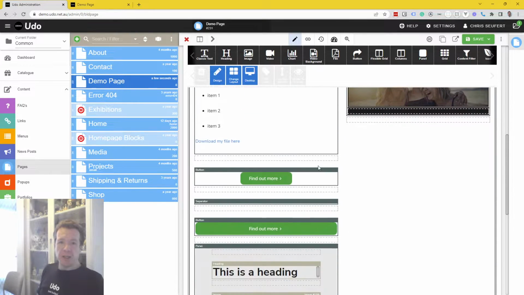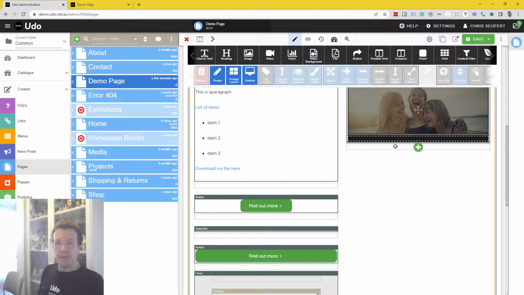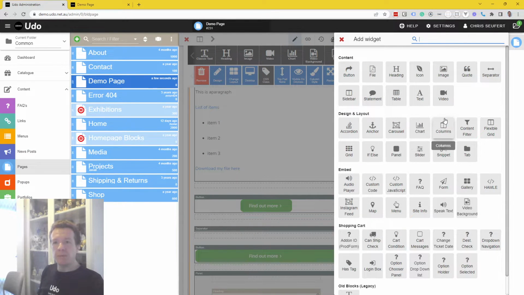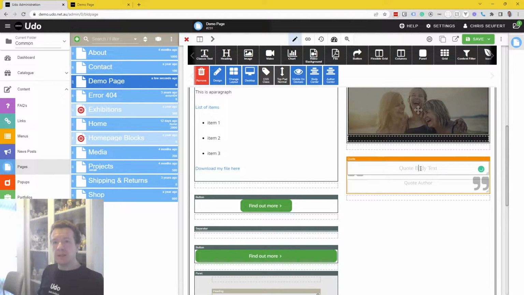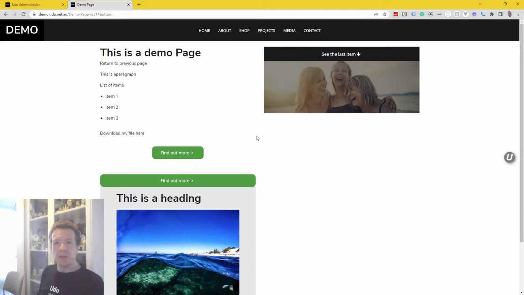Now, there's many other elements we can add to the page. Some of the other more handy elements in here will be, you can use it as a quote block. So this lets you have quotation marks and a different font around a quote, and the font is set by the site settings themselves, so you don't have to worry about that. So if we look at that, you can see here,